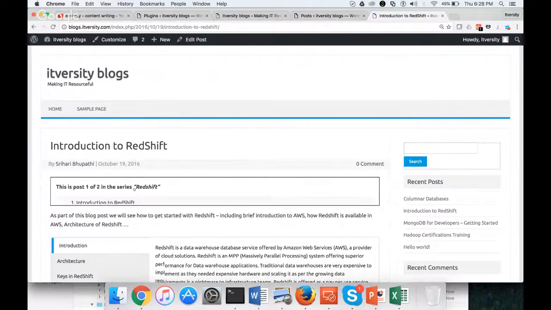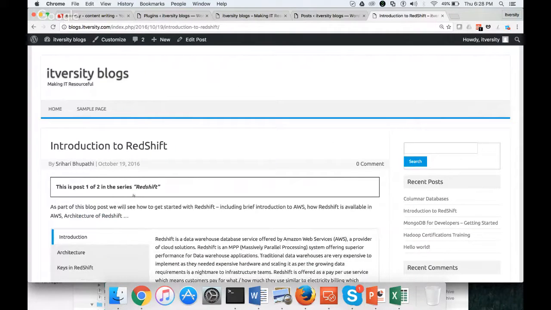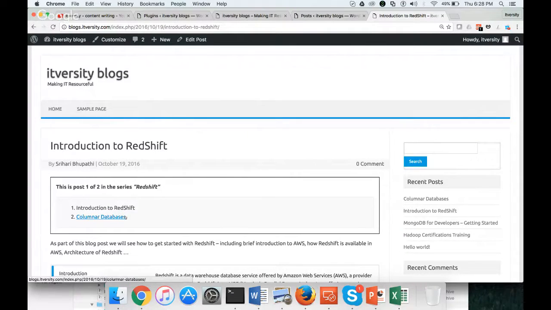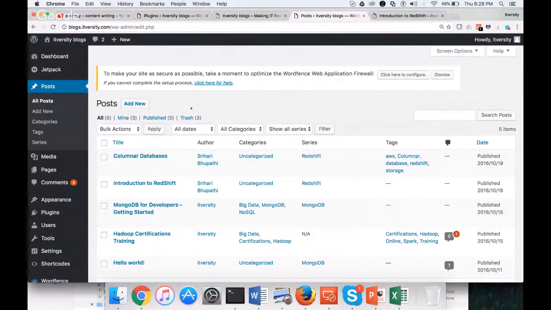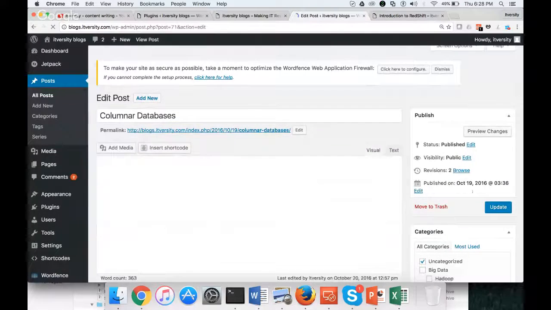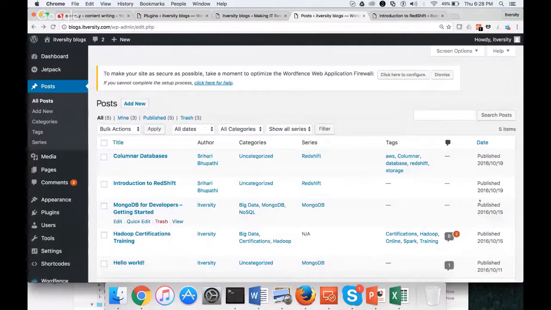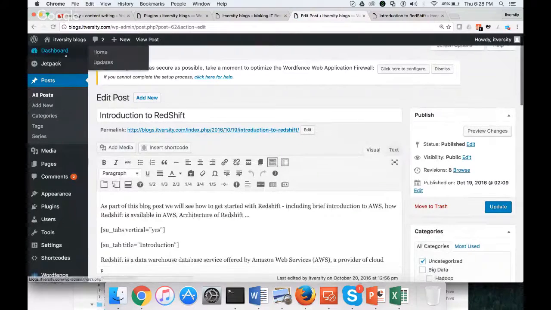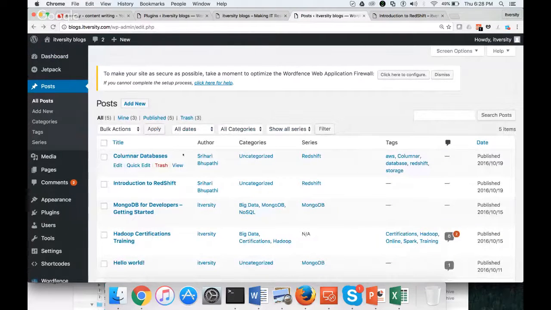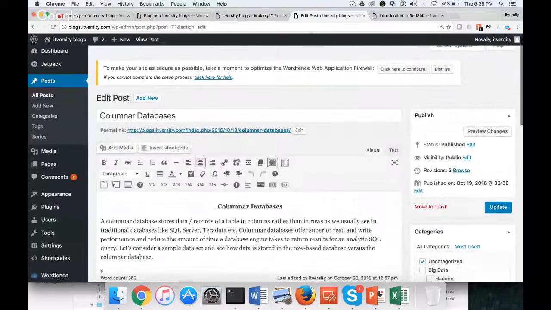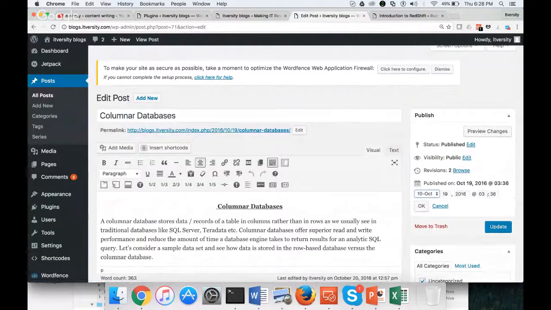So the first, Introduction to Redshift, is posted first, so it will be displayed first, even if you add Columnar Databases first in the series. So you have to play with the timestamp to control the order. For example, in this case, if we go to edit, and let me go back, let us confirm the time on which Introduction to Redshift is posted. It is at 2:09 on the same day, October 19th. Columnar Databases is published at 3:36. Now if I change this and go to